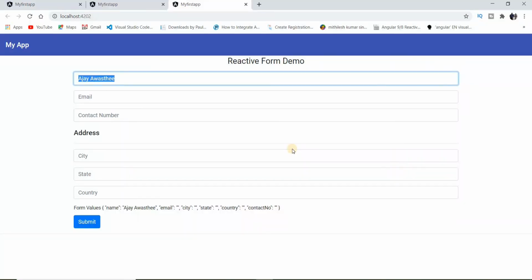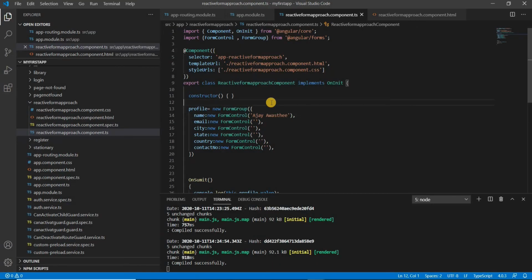So friends, in reactive forms we have one other terminology, form builder. Form builder is basically a service, and we can use it like form group, but in form builder we have a simpler syntax.